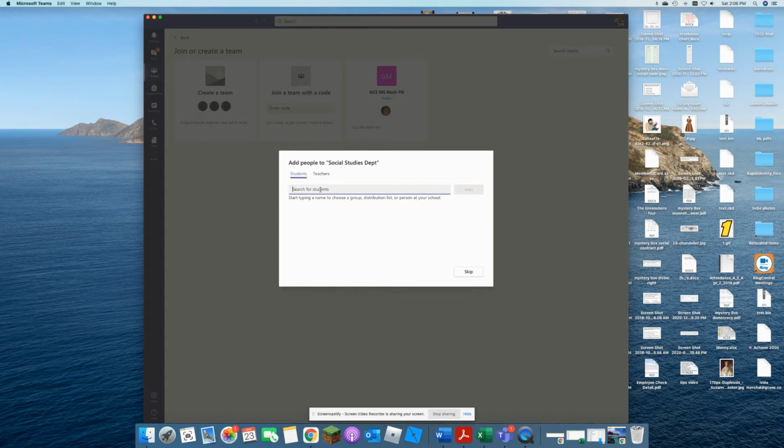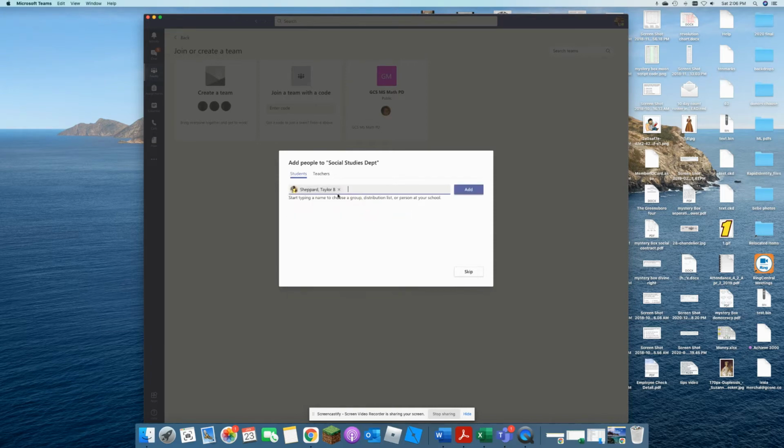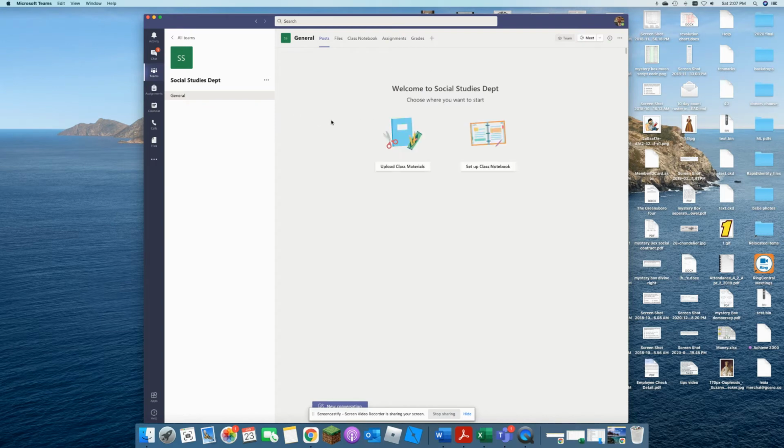It's kind of a pain, but it usually doesn't take too long, especially if you download the student roster and include the student ID number. Then you can just start typing the number, and the students will pop up, or you can just start typing in the names, and it pops up that way as well. Once you're done adding all of them, and you can add and subtract later, that'll create the team within Teams,